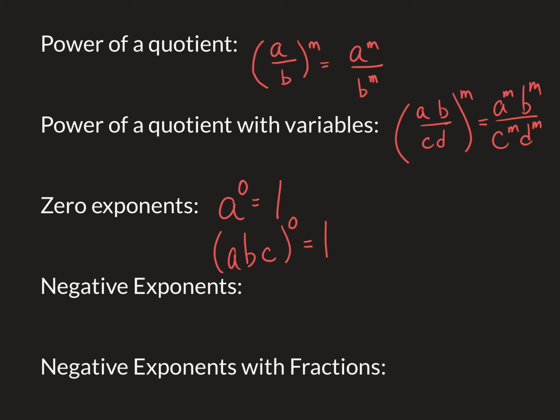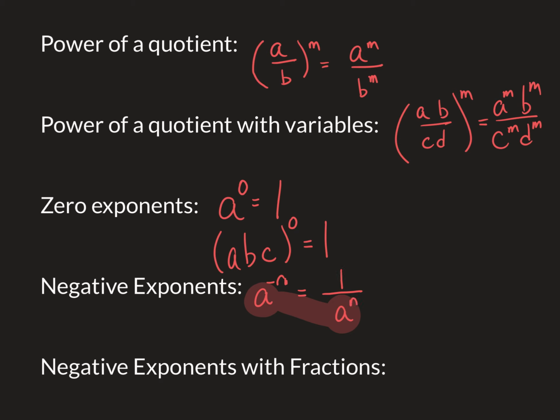When I look at negative exponents, I know that if I have a base raised to a negative exponent, you cannot have a simplified answer if you have a negative exponent. So what you do is you move, I'm going to highlight, you move that base to the opposite place it is. I'm going to do 2 examples so you can see that. So I move A to the denominator, and I make the exponent positive, and 1 has to be in the